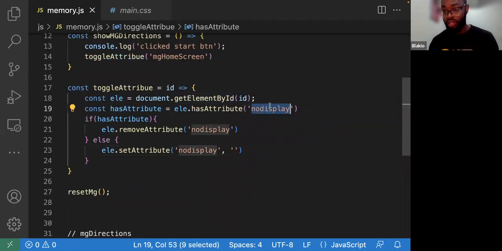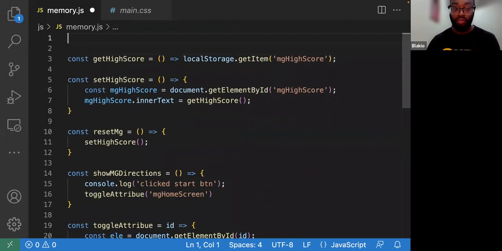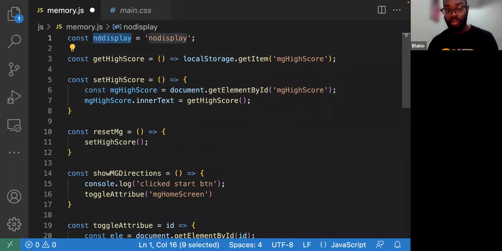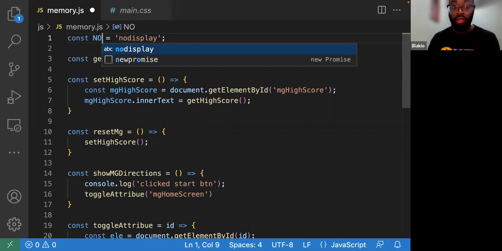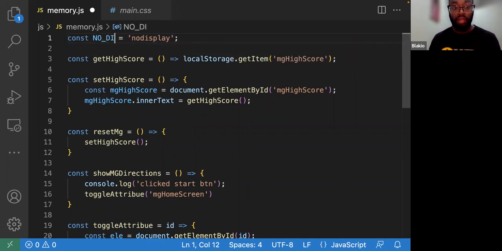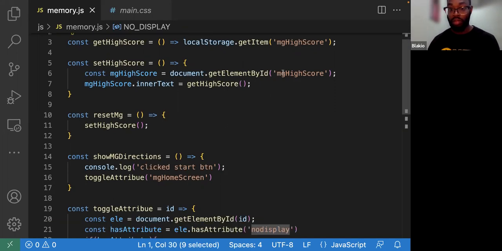Now, the first thing I'm noticing is that I'm using all of these strings. These strings are the exact same name. I never, ever want to use the same string if it's not inside of a variable. And something I didn't put in the course that I should have put is every time you have constants like this, values that are never going to change, you want to capitalize them like this. This is convention here. All constants get capital letters, and this tells us that this is a constant and it's never going to change. So no display, I'm gonna reference it with this variable name.